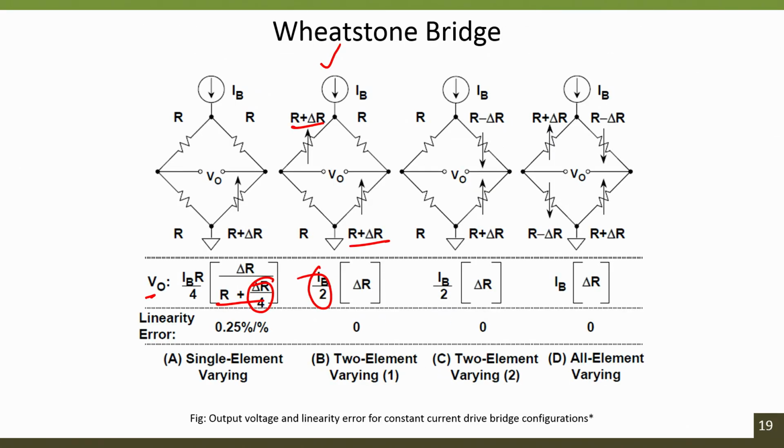Right. Now, how do we measure this output voltage? Of course we know how to, but if we want to give it as an input to the ADC, the ADC does not have a differential input, so it cannot measure a differential input. Remember that the output voltage that we get from a resistive divider network is with reference to the ground, whereas the output from the Wheatstone bridge circuit is a differential output. Which means that you should measure one voltage with respect to the ground and another voltage with respect to the ground. The difference between these two voltages is nothing but V naught. It is not with respect to the ground.